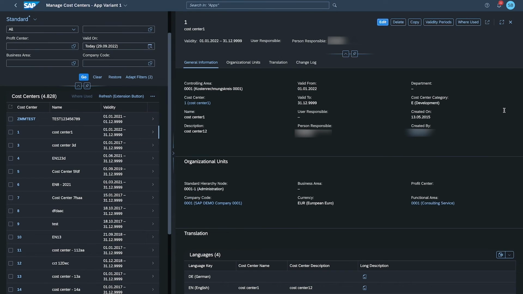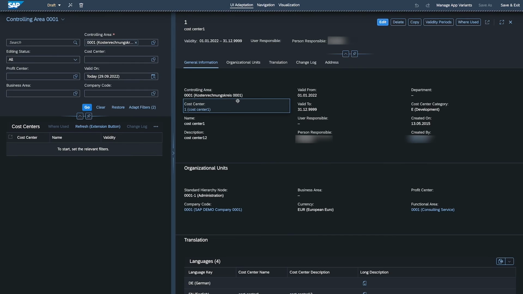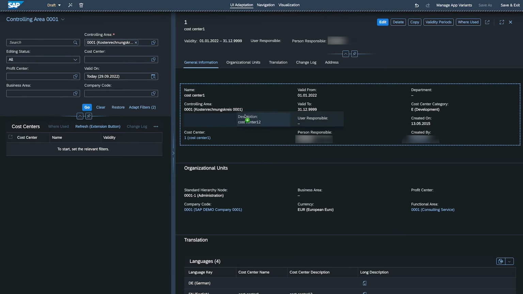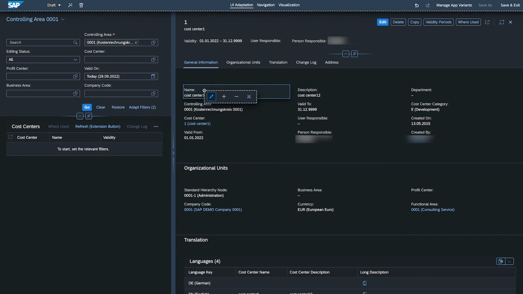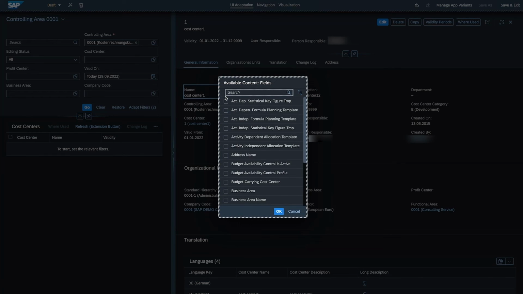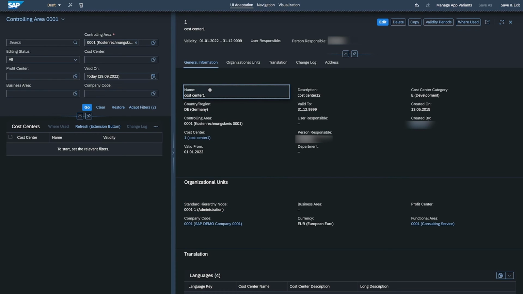Let me continue. I go into the object page section. I now activate the adaptation mode. And my employees told me that the controlling area does not really make sense here because it is part of my variant already. So the name of the cost center is much more important, that I see it quickly, and also the description should be in a better position. And the additional ask is that the people want to see the country and the region of the cost center,